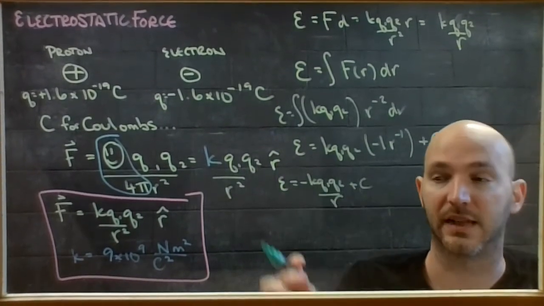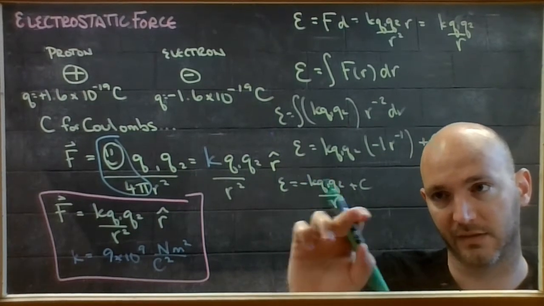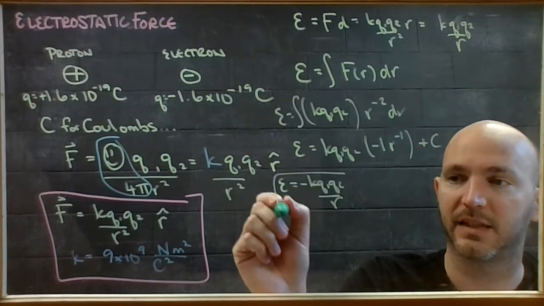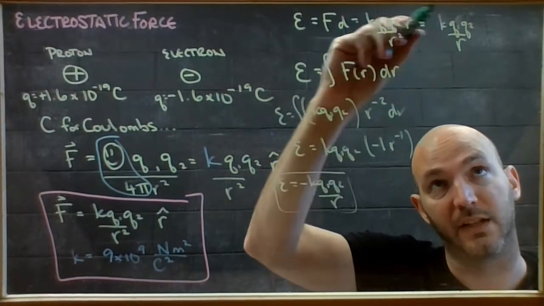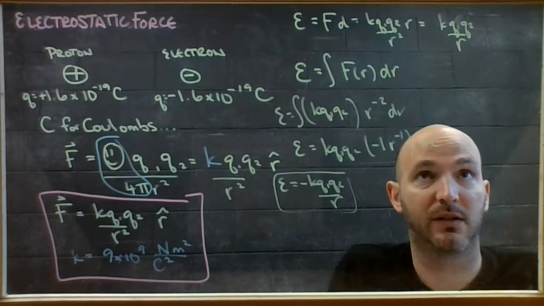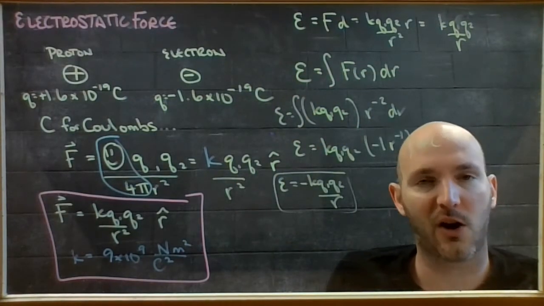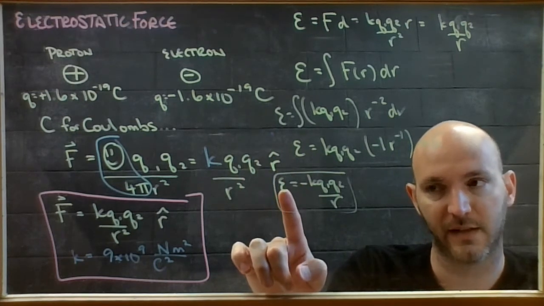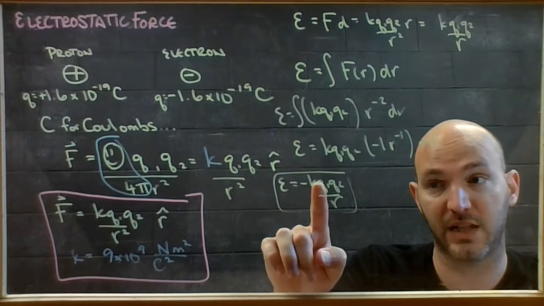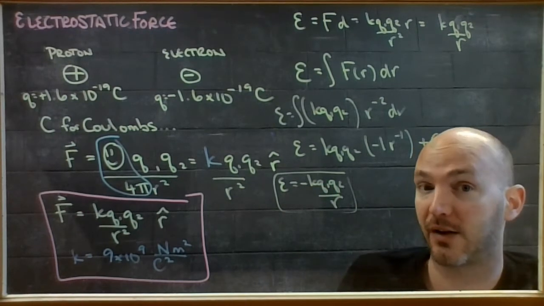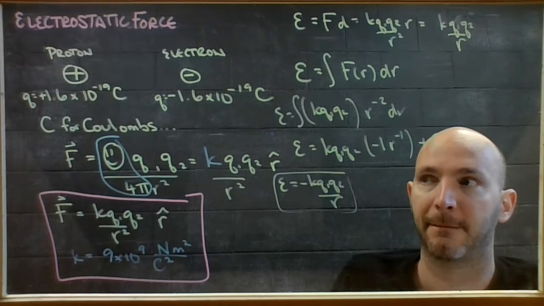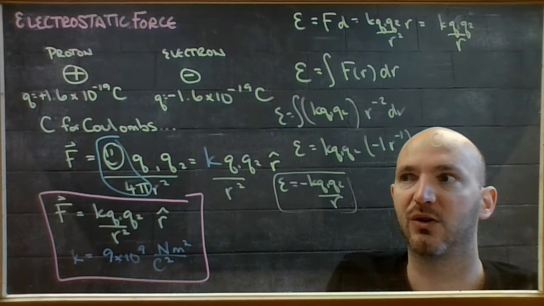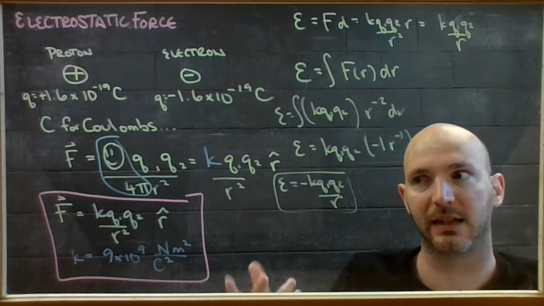plus some constant. Now I don't want there to be any energy in here, so I'm going to set that constant as 0. And I have something very similar to what I've got written up here, k q1 q2 over r, which is also very similar to the gravity energy equation, right? If this said Eg equals big G mass over r, you'd be looking at the gravitational potential energy equation. It's sort of neat that they're so parallel, that these two fundamental forces behave mathematically in essentially the same way